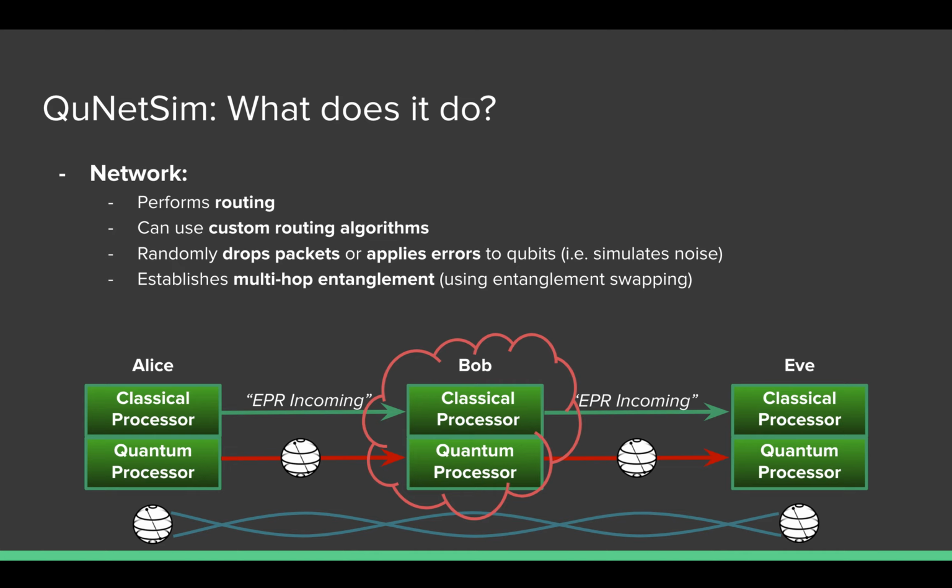Actually, the network is composed of two layers, kind of, a quantum layer and a classical layer. And what this means is that maybe they're not layers, they're kind of on top of each other. So the quantum network can be different than the classical network. So we can route quantum information through different nodes because you can establish a quantum network that's different than the classical network, and therefore you can write different routing algorithms for different use cases. And these can be tested in QuNetSim.